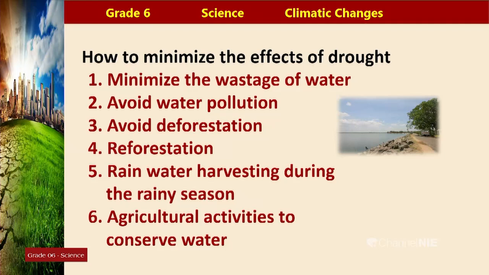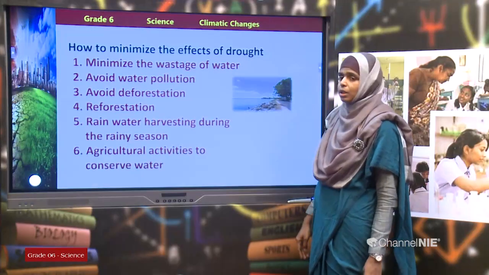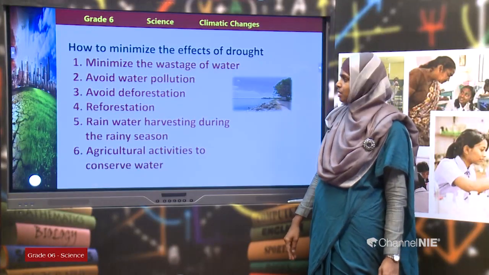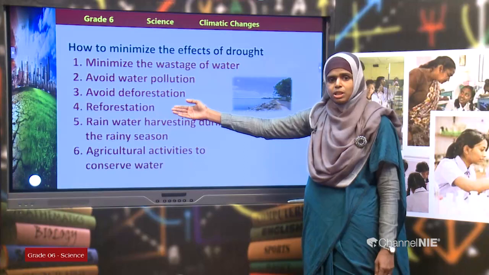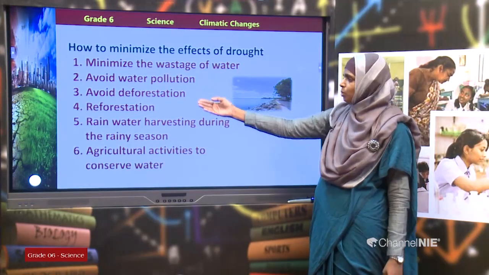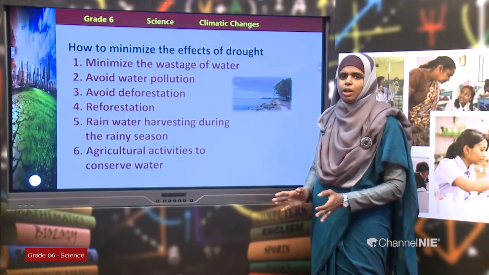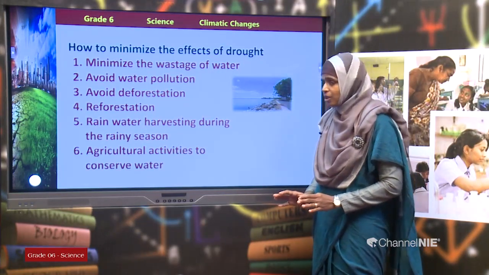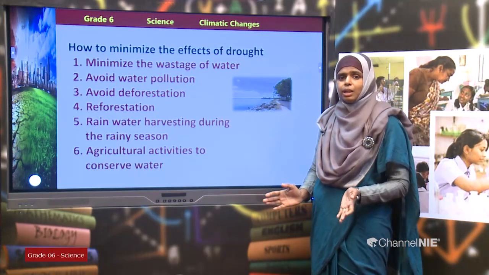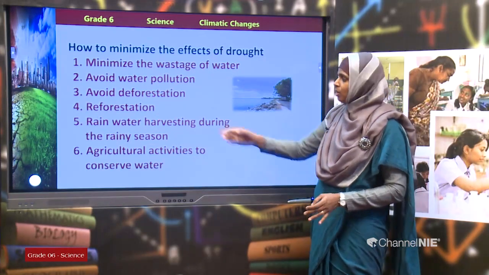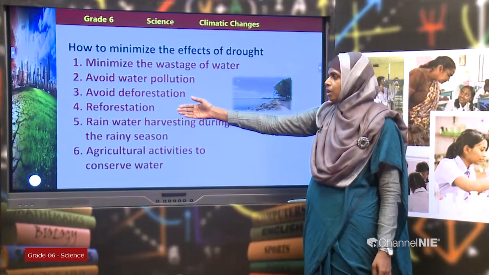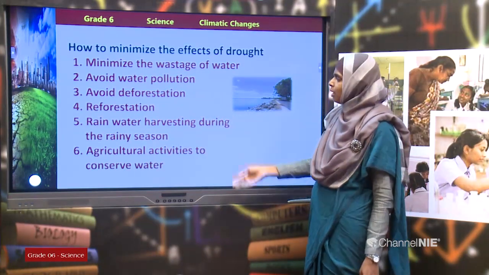As well, we have to avoid deforestation. Cutting down forests should be avoided, right? Whenever more forests are cut down, it might lead to drought conditions, children. And also, if possible, this is a way that we can do reforestation. We can plant a small plant in our home garden, but that does not mean that it is reforestation. In large cleared areas, the forest can be grown with suitable plants. Reforestation, forest can be grown again.